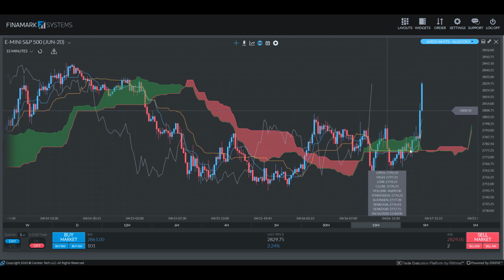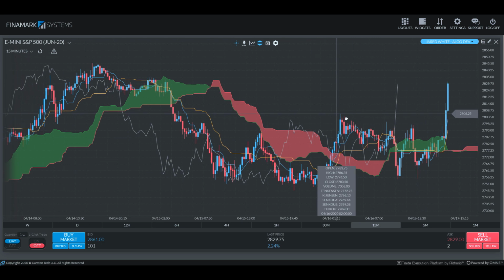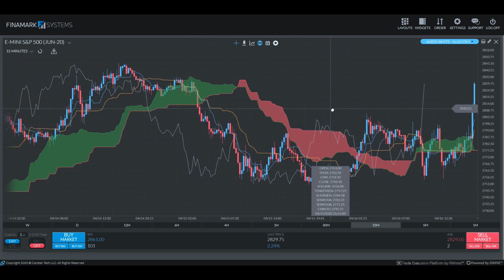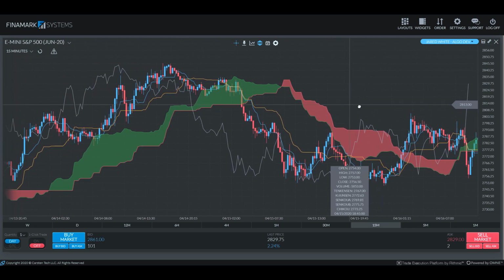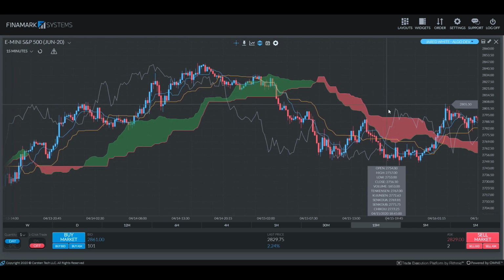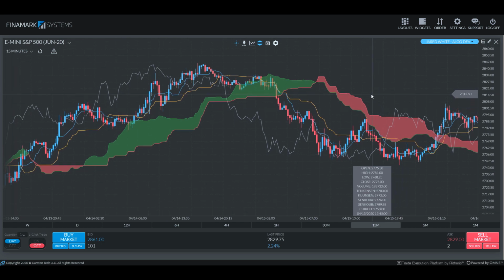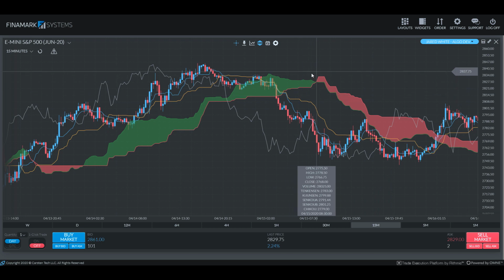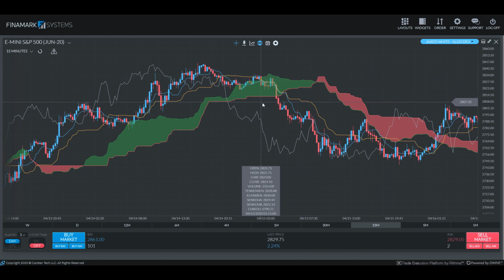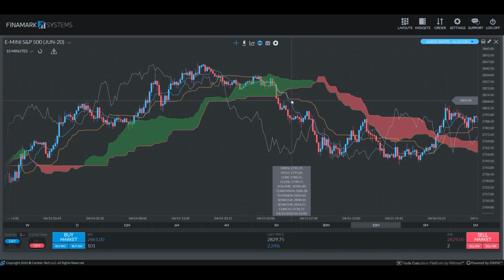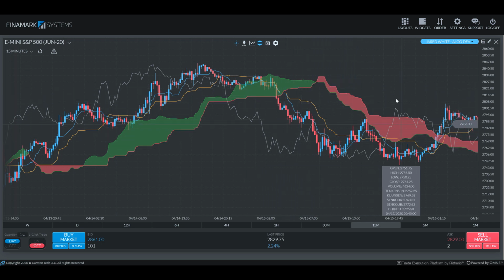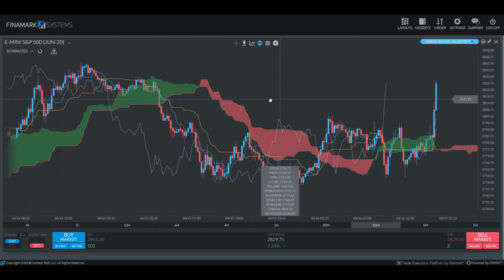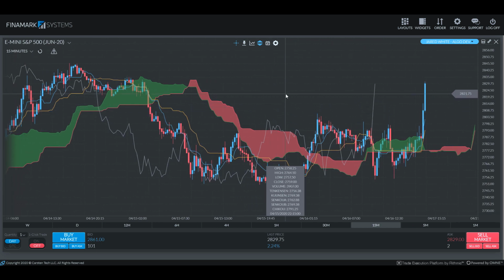It was followed by some pretty heavy buying action, but at this point we are looking at a 15-minute chart, so we're going to see things muddled up a little bit. If we were to reverse the scenario, for a sell scenario we would want to see our blue line cross below our gold line, all below the cloud. We actually had this happen over here, and as you can see, there was a lot of bearish activity that followed.